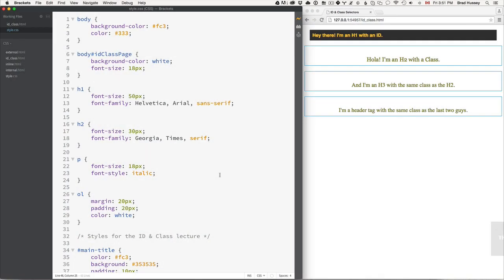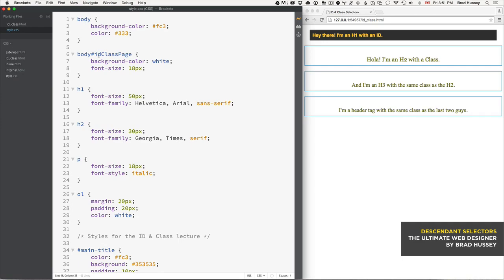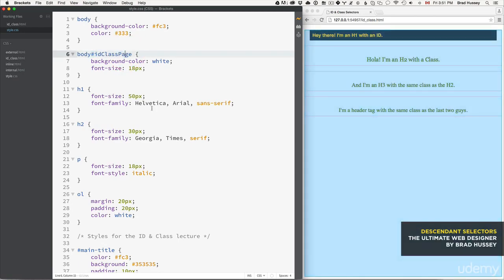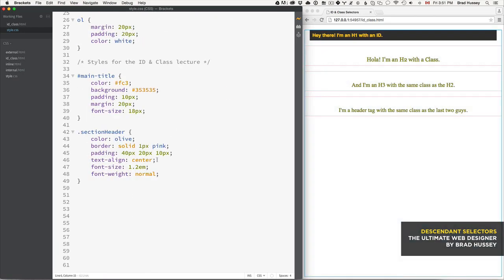So far in CSS, we know how to use just straight up HTML selectors, ID selectors, and class selectors. But what we're going to talk about now are descendant selectors. And descendant selectors are basically the ability to add multiple selectors on one line in CSS in order to select something very specific. So in order to show you what we're talking about and to illustrate this properly, we're going